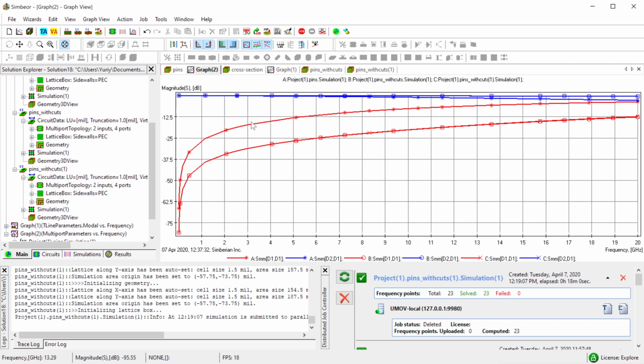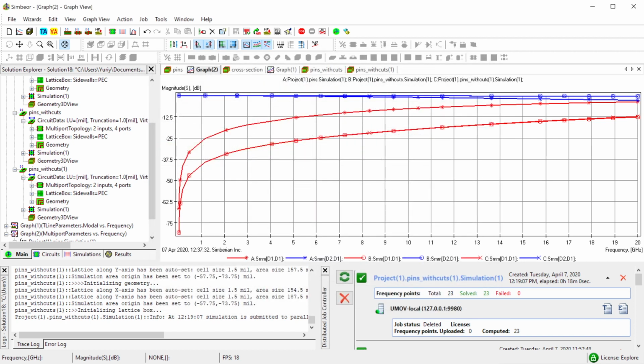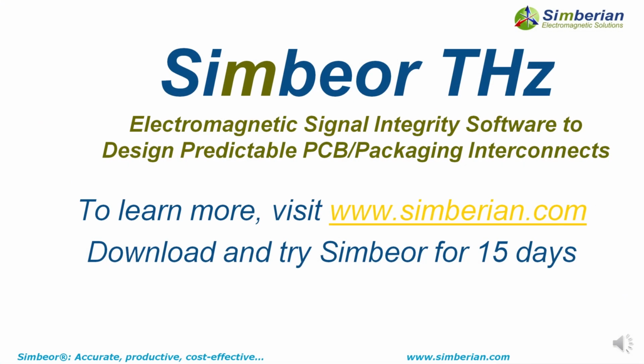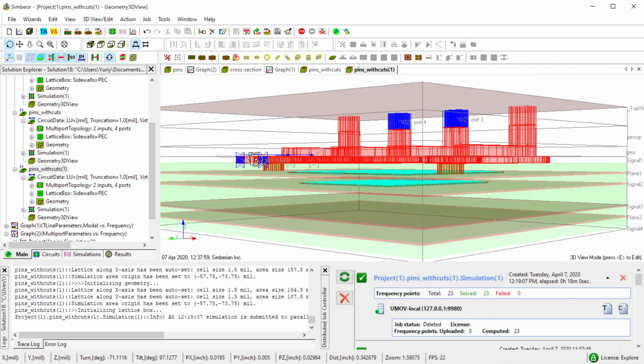Also, I use a Simbeor Explore license, and when you run a number of computers, you have to have a sufficient number of computer agents authorized for running. Typically, one license provides just the possibility to run just 2 agents.